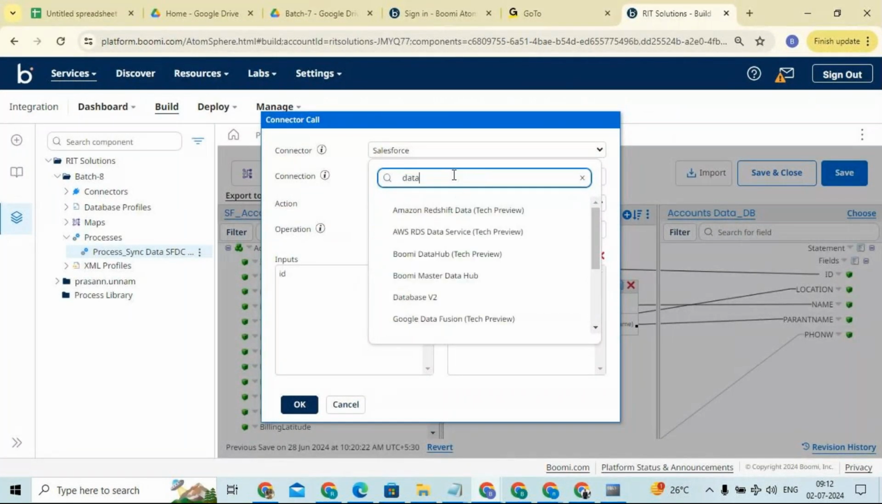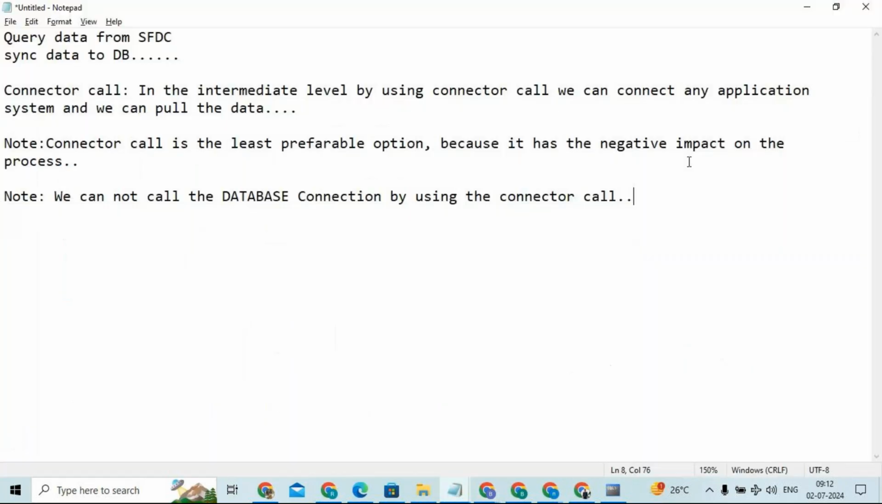If you type here database, do you see any database search? So database, this is a version 2. Version 2 is an upgraded version. Okay, this is a different one. But do you see any database connector here? No, right? So you can see, but version 2, but db v2